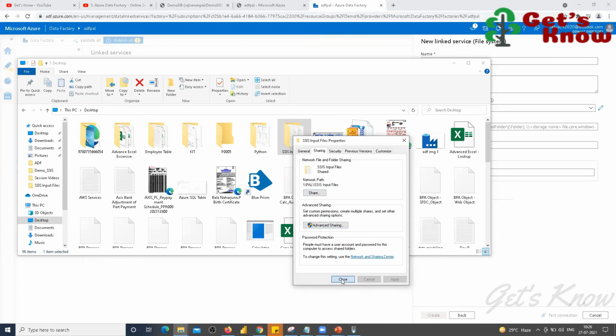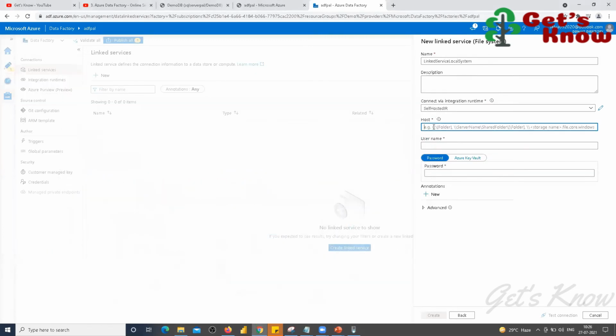From this you can copy it and then come into the host place. You have to mention your file path and the server details, the username and the hosting path, you are giving here.